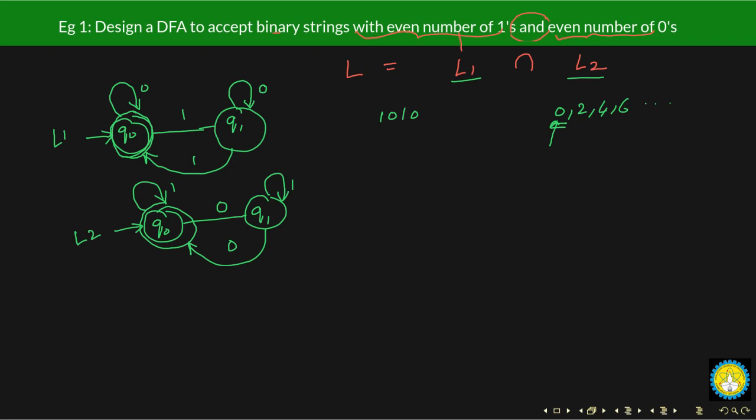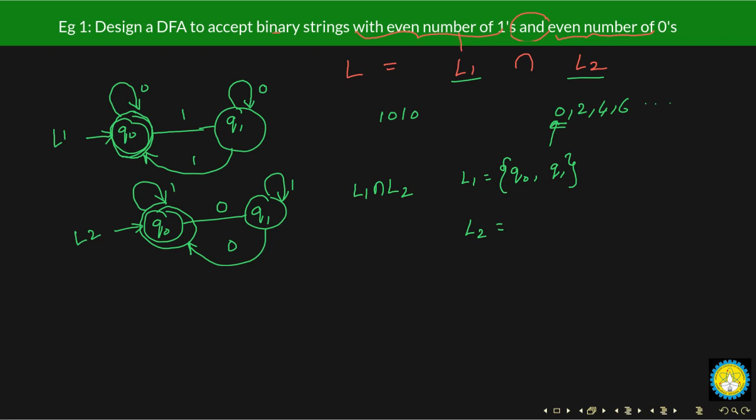Now we want to design for L1 intersection L2. So we want to actually find L1 intersection L2. The first step that we need to do is to find the Cartesian product of the states in L1 and L2. So we know that the states in L1 are Q0 and Q1. Let me represent it in set form. So I have Q0 and Q1 in L1, and in L2 I have